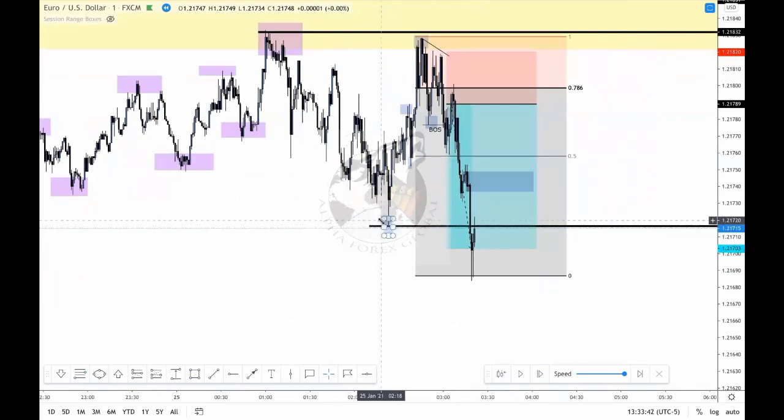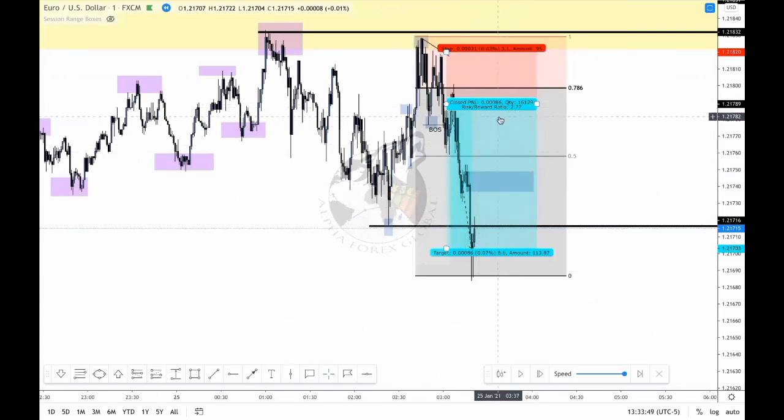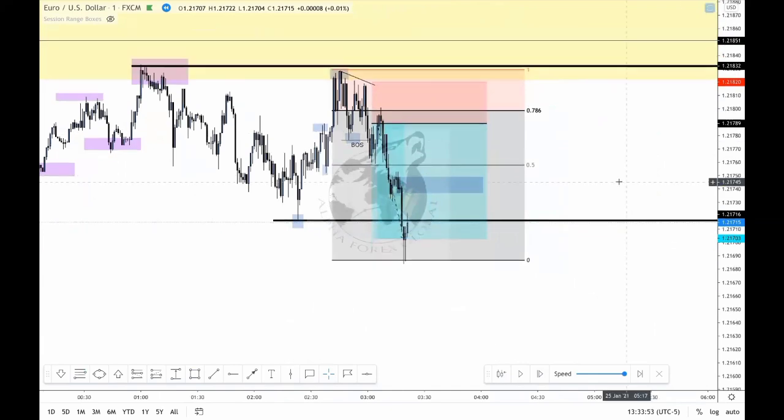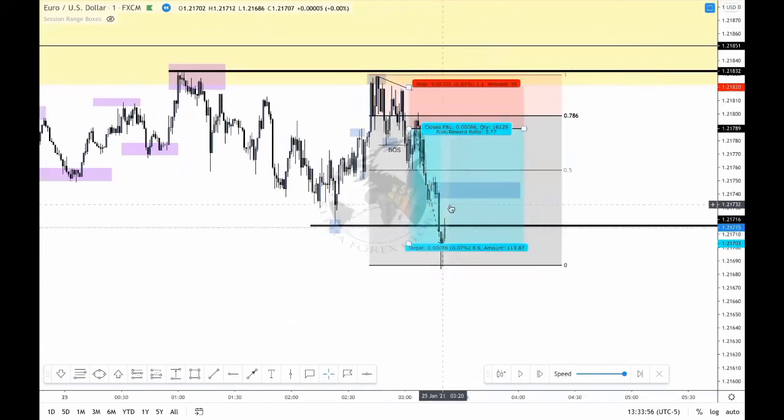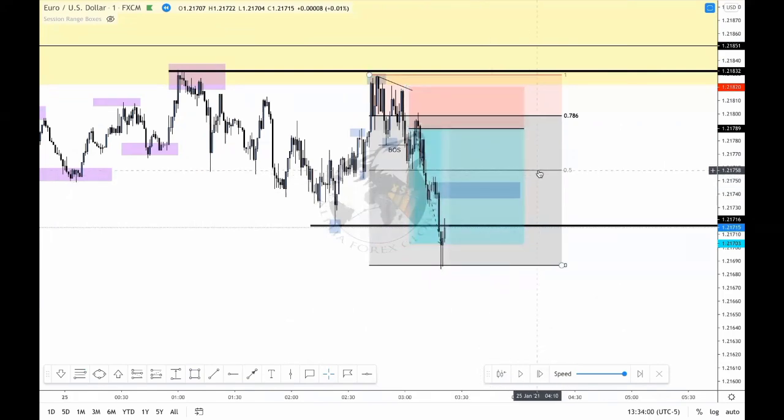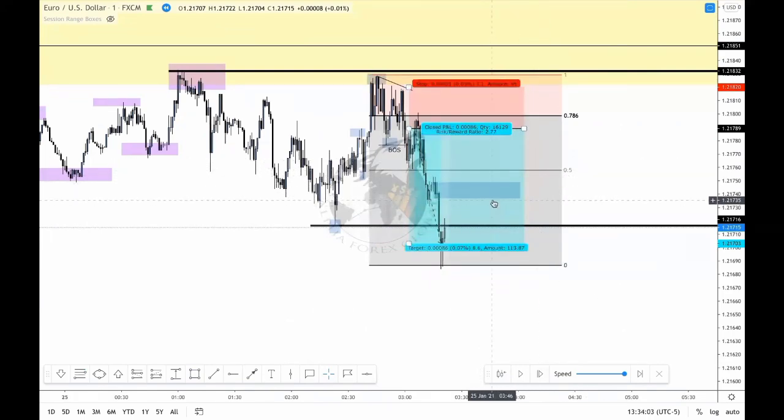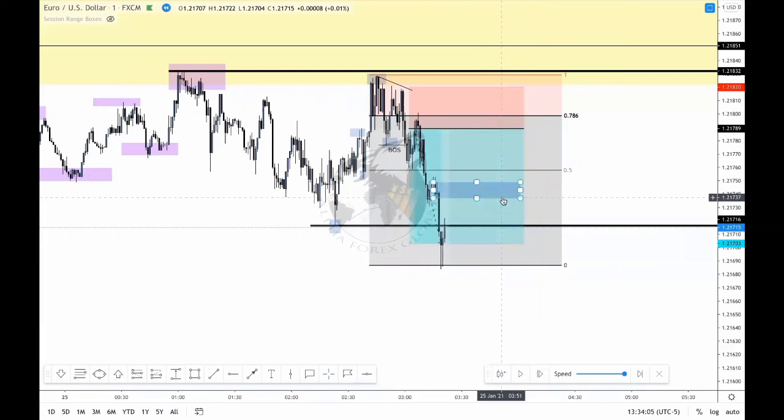So if it breaks this 5 minute structure, obviously the market is supposed to create a lower high on the 5 minute time frame, right? And where is the market going to create that lower high? It cannot be here, because this is not even equilibrium price, right? And what I taught you guys is that if market doesn't reverse to at least equilibrium price, then do not take that entry. Let it pass if it does, but do not take that entry,